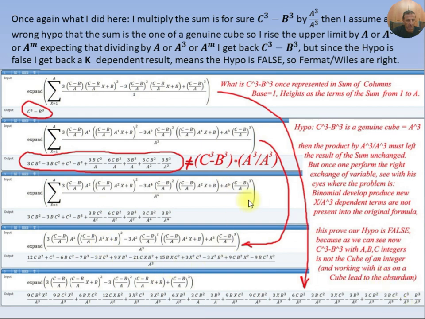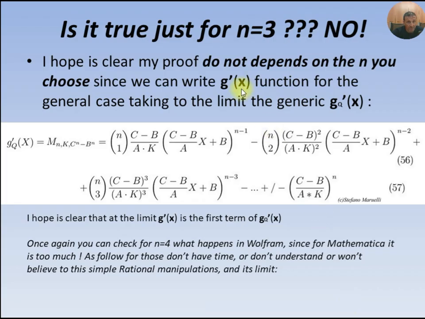And this proves Fermat for any n, because, as I've shown you, we can represent this term in a general way, so for any n. So once again, is it true just for n equal to 3? No. I hope it is clear my proof does not depend on the n you choose, since we can write